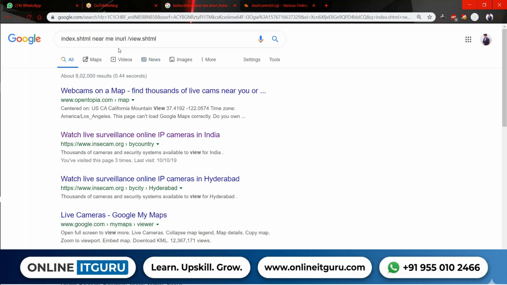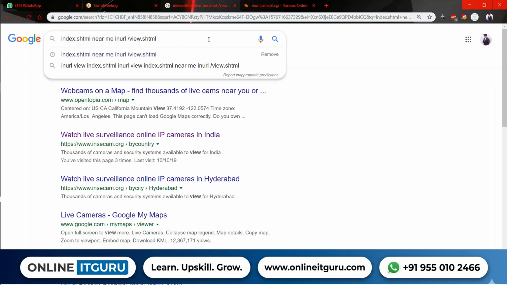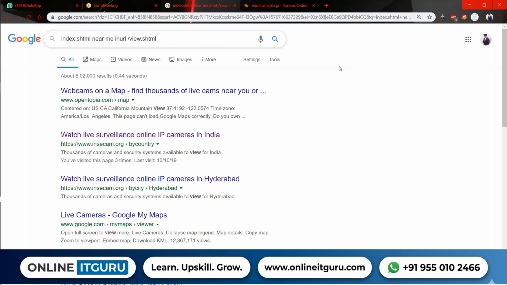You can see all network cameras which are near you, if they exist. How does it know what's near you? It takes your location, your GPS location and your IP address. Chrome by default takes your GPS location, and using your IP address they can get to know which location you are in.